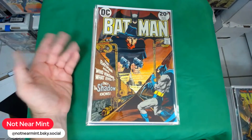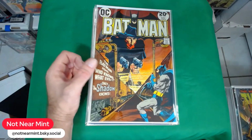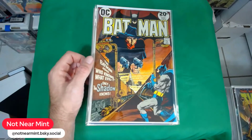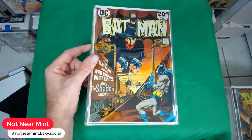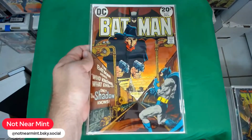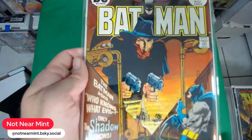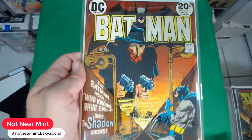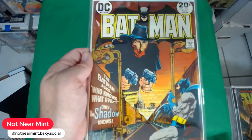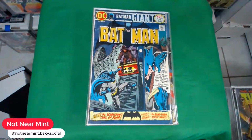And when my guy, Miami Fresh Comics over on Instagram, does his claim sales, the later it gets, the more he's inclined to go, listen, I'm sleepy, I just want to get this stuff out of here. So here's the first time the Shadow appears in DC in a Batman book. Lady Fantastic had this the other week, and I was going, oh, I got that too, let me do a twinsie. Shit, I don't have it. But I got it this week. Just like I got this,